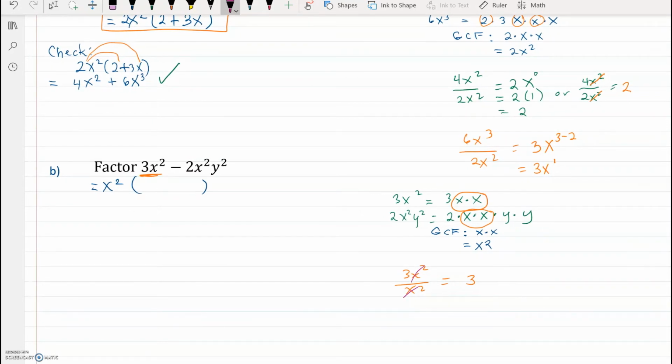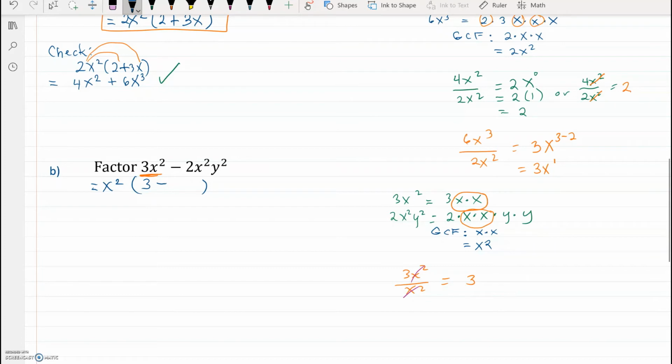So all you have to remember, once their powers are the same for the same variable, just cross them out and you will be left with the numerical coefficient. So what I obtained is 3. And I move on with the second part of my